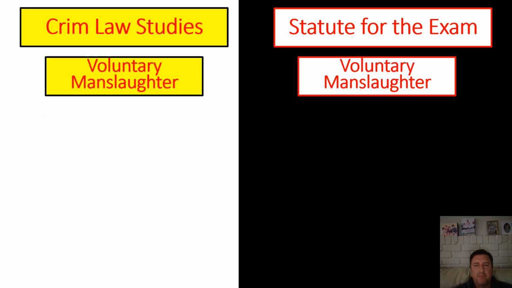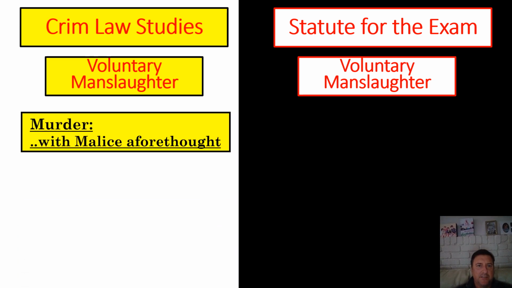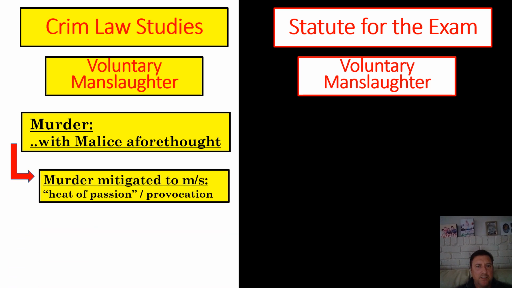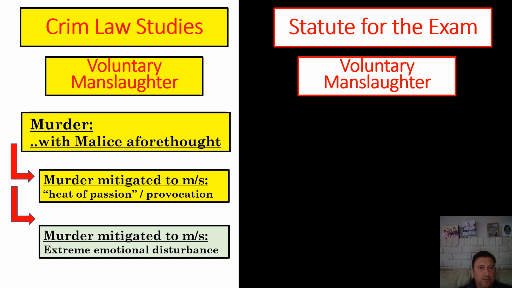And then the last thing that I have for you is voluntary manslaughter. There's some choices that we have to make here. Yeah, it's murder. It's with malice aforethought. It's some of what we just covered. And at common law, that murder was mitigated to manslaughter with what's called a heat of passion defense, adequate provocation, followed by the actions happened while the defendant was under the heat of passion. There wasn't sufficient time to cool down. Okay, we understand that from common law. We also understand, we learned something else. So we covered a statute that happened in the Model Penal Code.